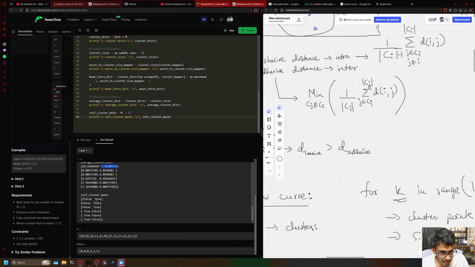Okay, so similarly I can do this for all the points. You can see that these things are reversed. For all the 0th index cluster points, I'm considering 1 index cluster points, and for every 1 index cluster point I'm considering 0th index cluster points. Now I'll do the inter cluster